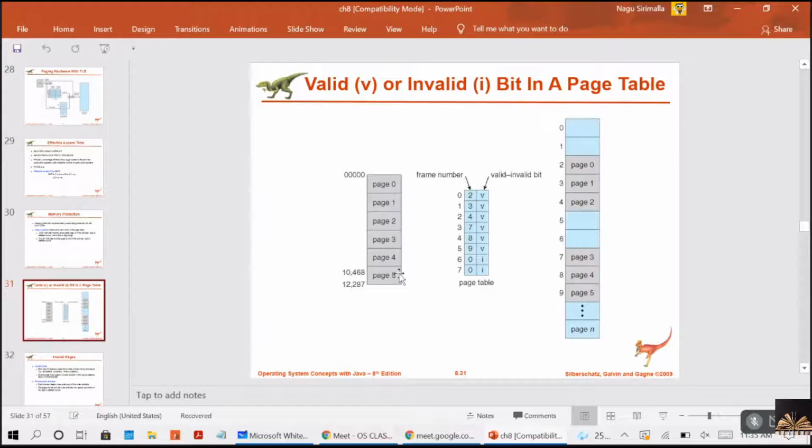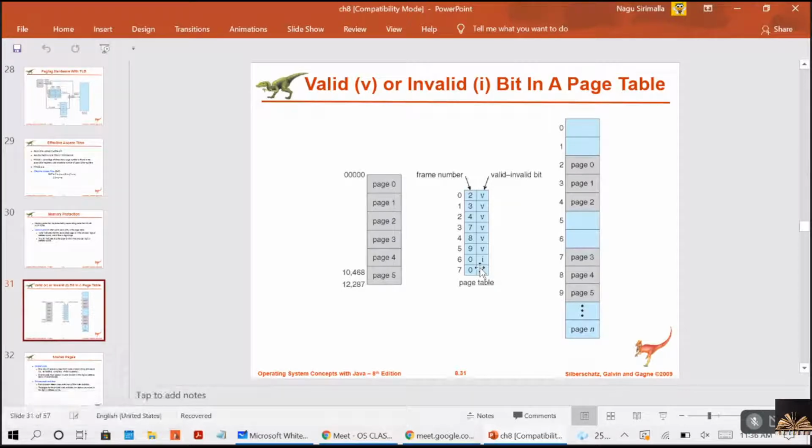Illegal addresses are trapped by use of the valid-invalid bit. When the process generates an address belonging to these invalid pages, it is trapped as an addressing error or fatal error, and some error message is generated.